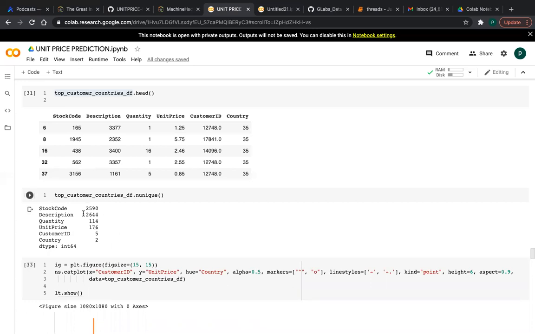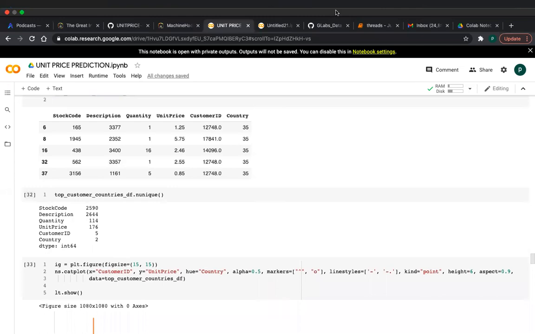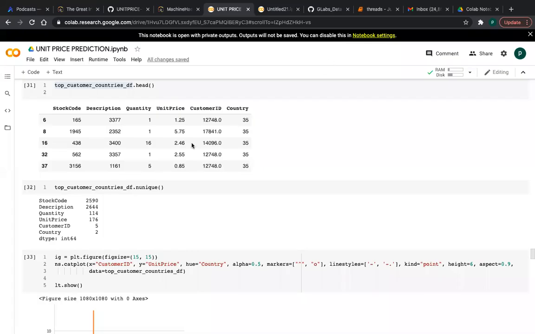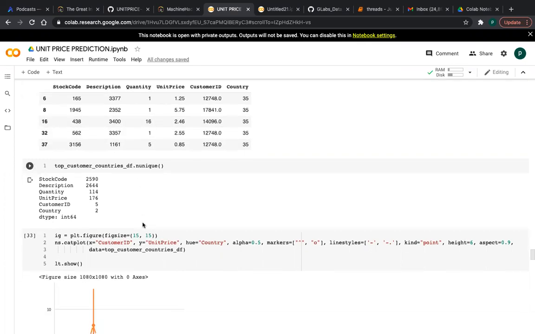See, this is the quantity. This command indicates what the unique observations are from this data frame.